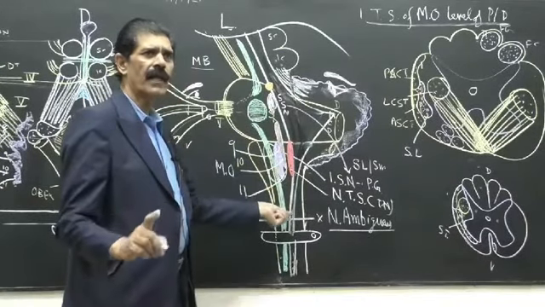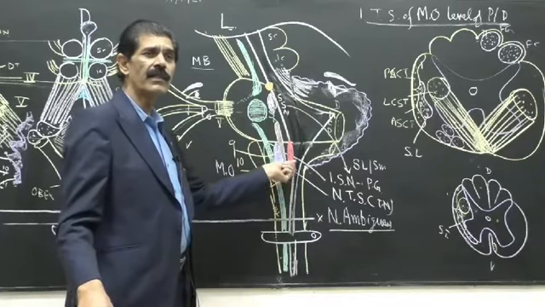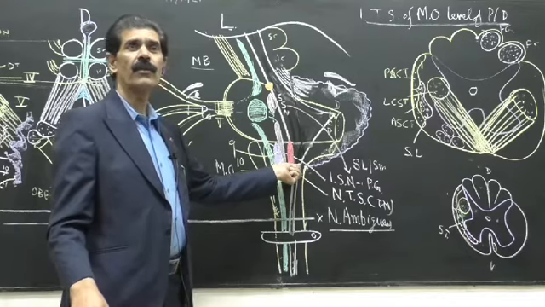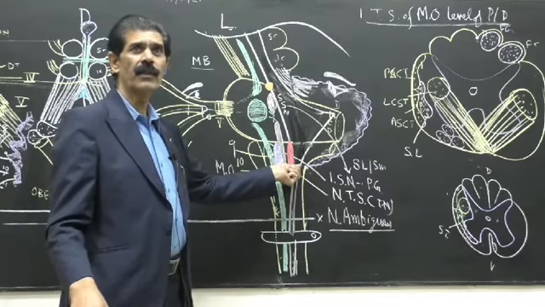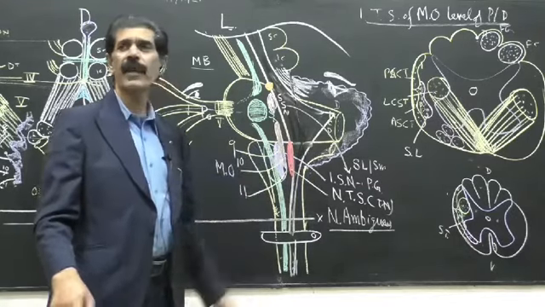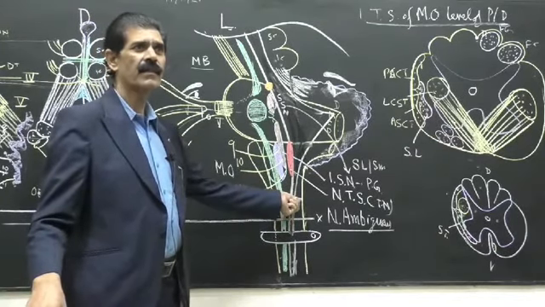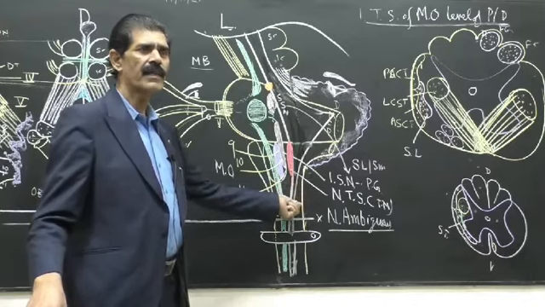You are not to draw at this level. Whoever draws these nuclei will get 0 marks. So it is very tactful to draw the diagram. You should know all these 3 diagrams, then you can correctly make them. What is cut here only? Trigeminal lemniscus. Draw it.